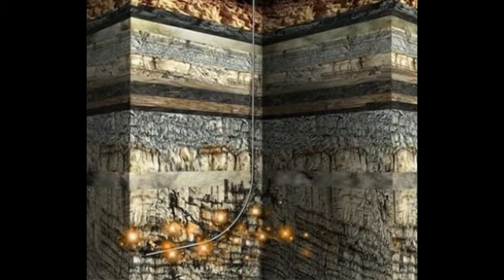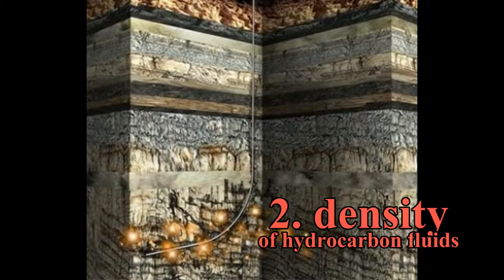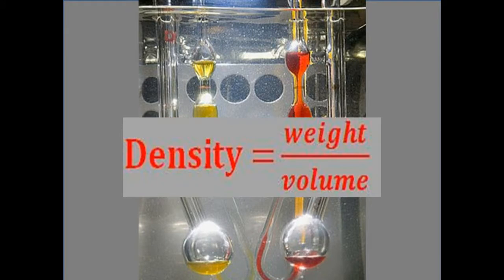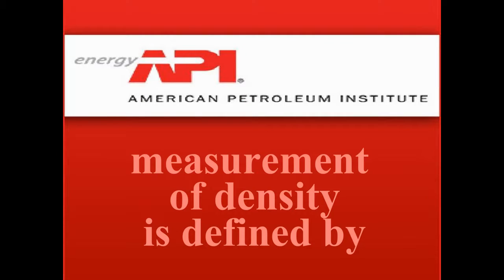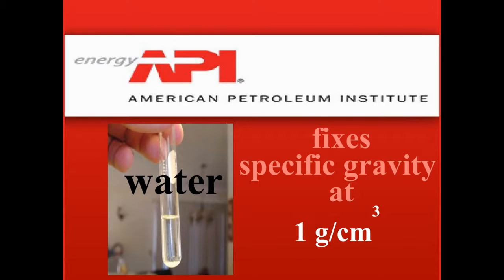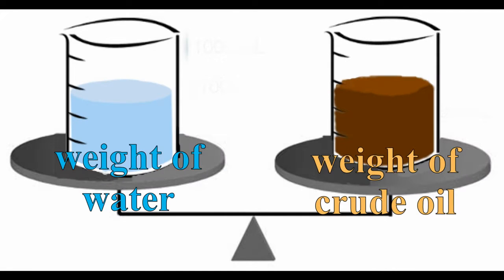Now we need to know how to measure the density of hydrocarbon fluids and understand the significance of these measurements. Remember, density is measured by dividing the weight by its volume. To begin, the measurement of density is defined by the American Petroleum Institute, API, and fixes the specific gravity for water at 1 gram per centimeter cubed. This standard allows us to compare the relative weight of crude oil to the weight of an equal volume of